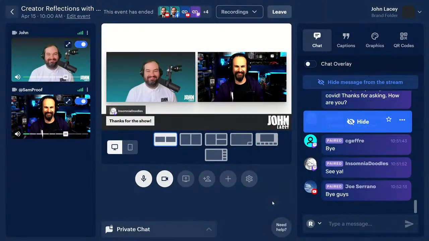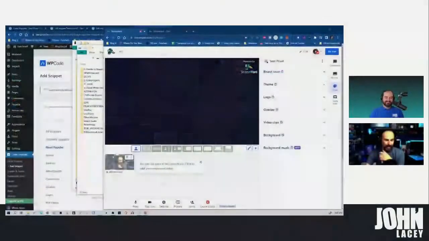On Restream, it's just a bunch of squares, and if you're new, you're like, I don't know, just a bunch of squares. On StreamYard, it gives you the user avatar, so you get it: this is two people talking, this is two people and some kind of media. I think it's a little more intuitive, which is nice.